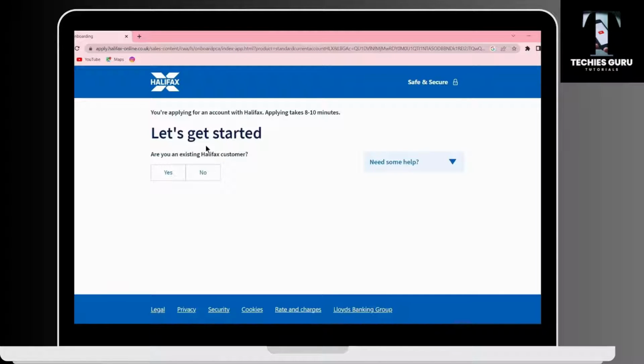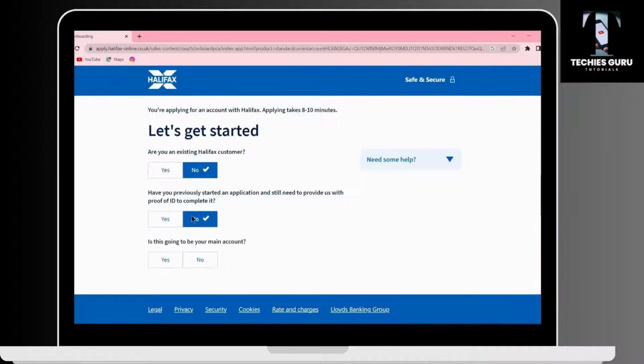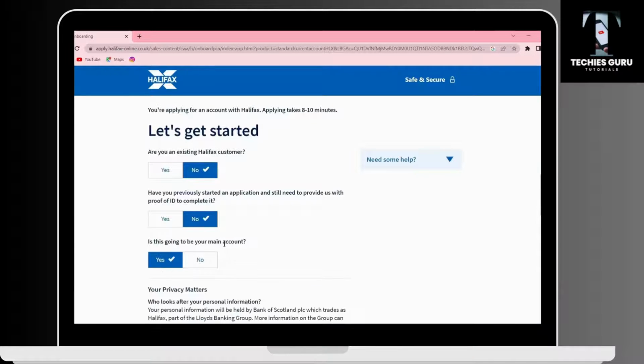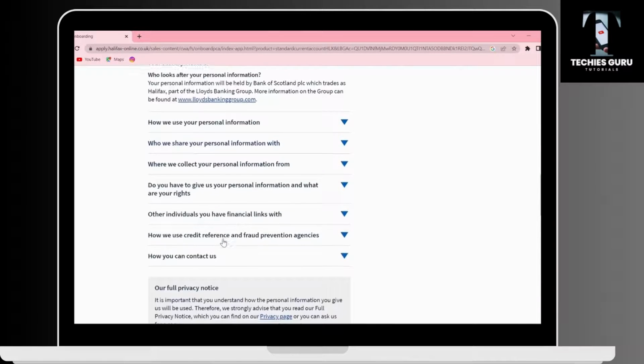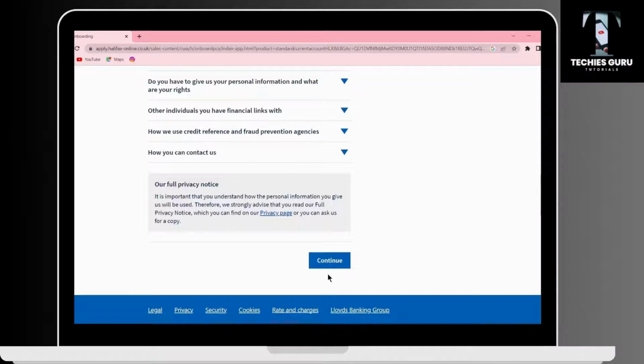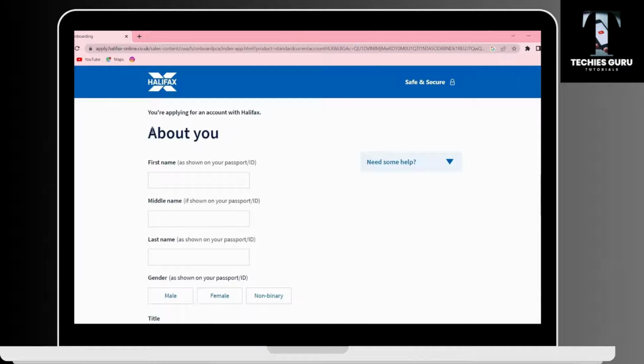So let's get started. It is asking you that are you an existing Halifax customer? So no. Have you previously started an application and still need to provide us with proof of ID to complete it? No. And then is this going to be your main account? Then yes. And after that, scroll down and click on continue. And after that,